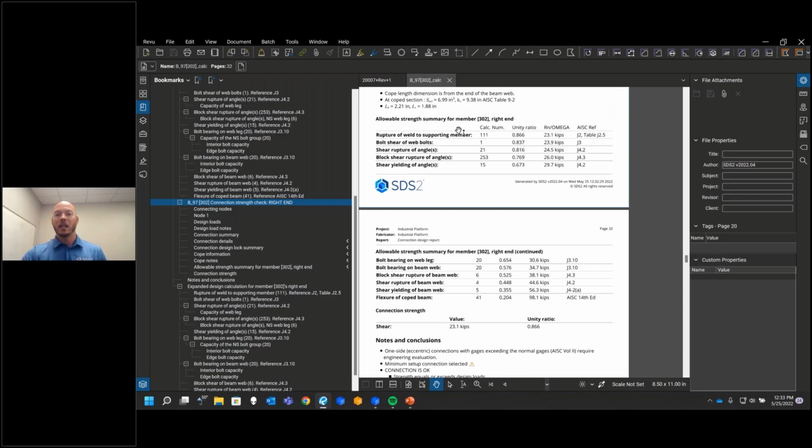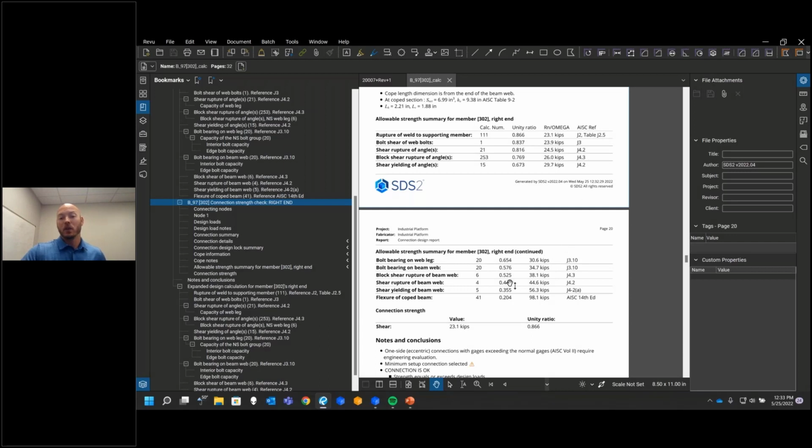So in here, you get your calculation that's being checked on the left, a calculation number that refers back to a cover sheet, which is a separate report that we can run. Our unity ratio, so a lot of your approving engineers, checking engineers are going to be familiar and comfortable with that unity ratio. You get the actual result for the capacity of that check, and then you get your AISC